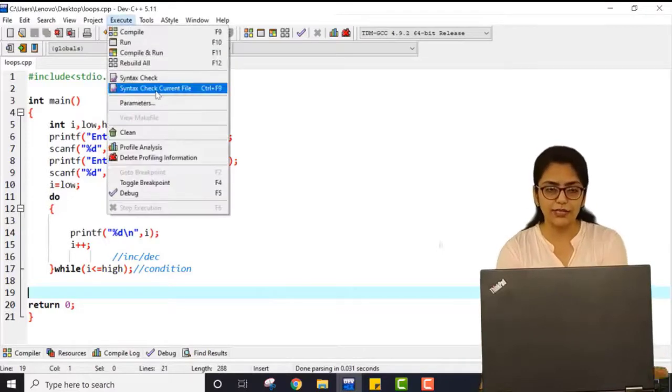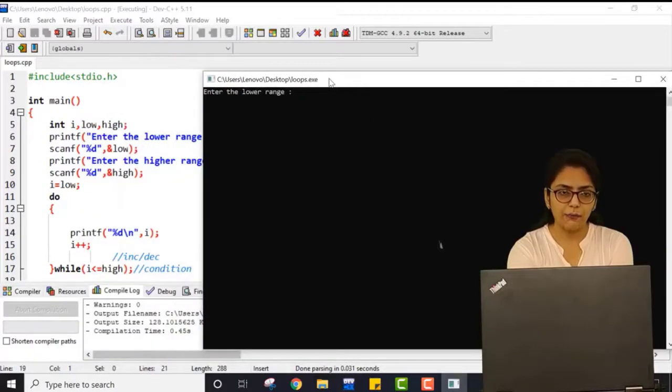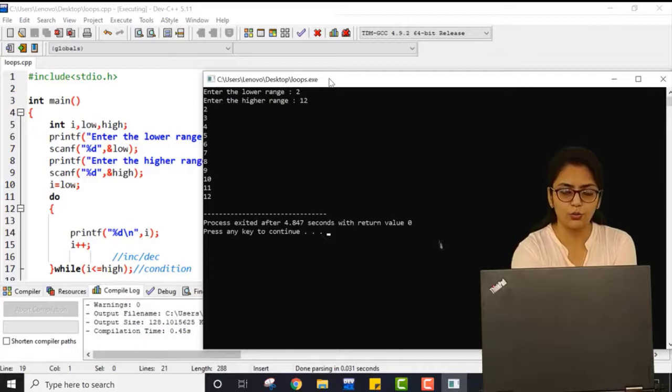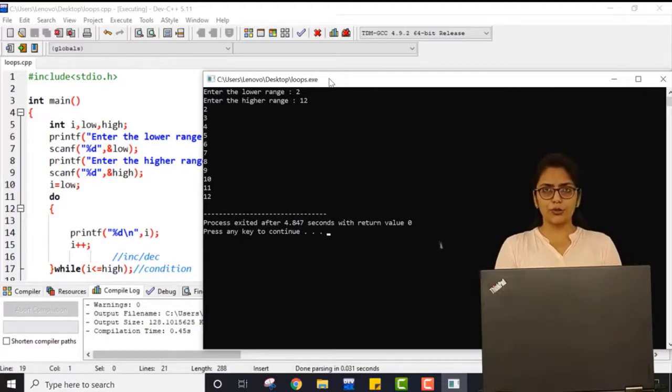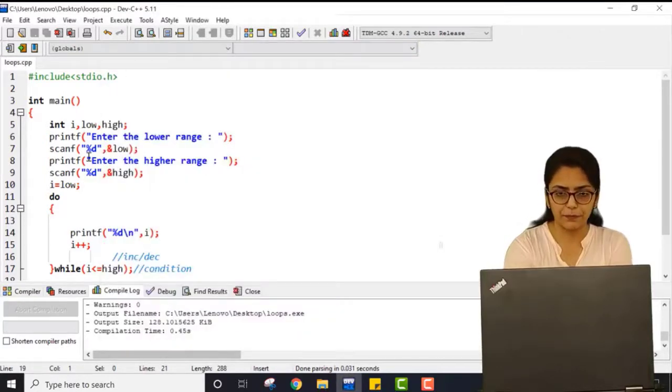Now let me save this program, compile it and run it. Let me enter 2 and 12. See, it is printing something. Now I would like to show you an example where it executes this loop exactly one time.